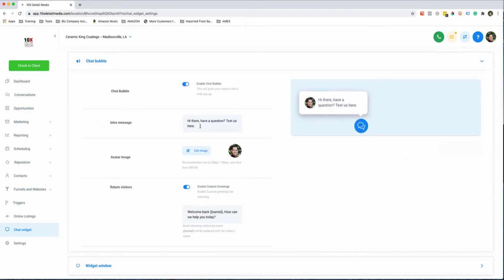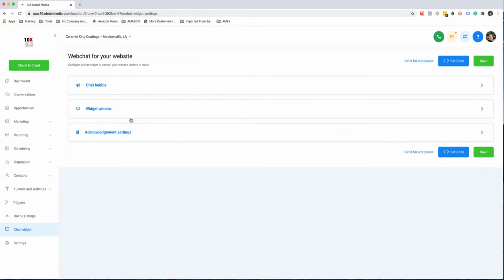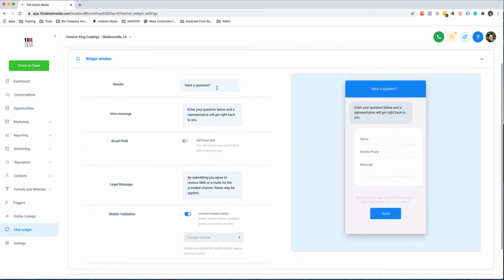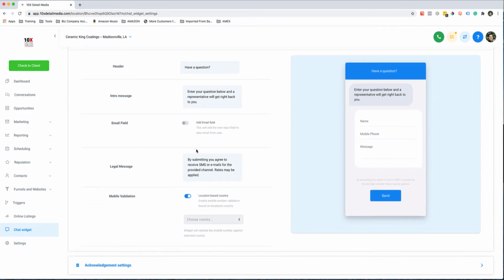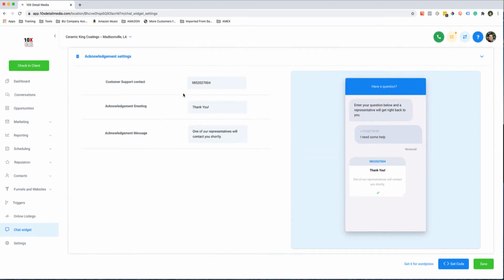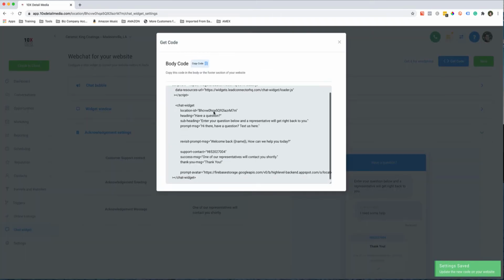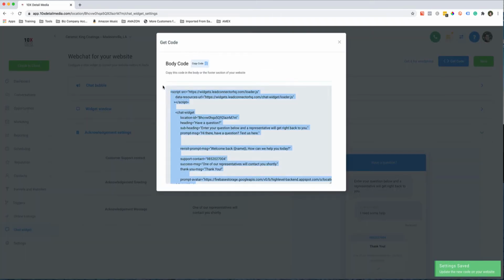You can change the image, or you can change what you want the intro message to say, and then the widget window, "Have a question." You can customize all this stuff. Basically, you don't have to do anything if you don't want to change anything. I just change the image, and then you want to put your contact support number, which is basically your Twilio number, and then you can change this if you want. You hit save, and then you just hit get code, and then this code, just copy all that, and